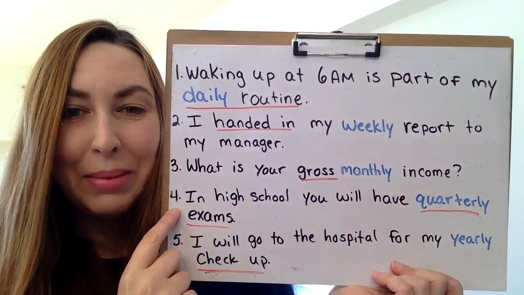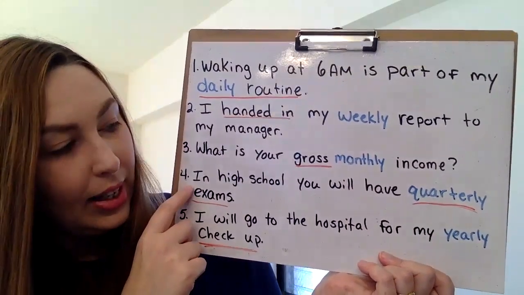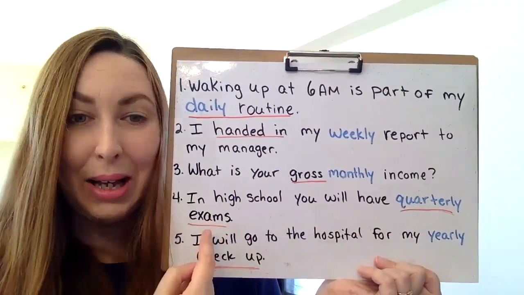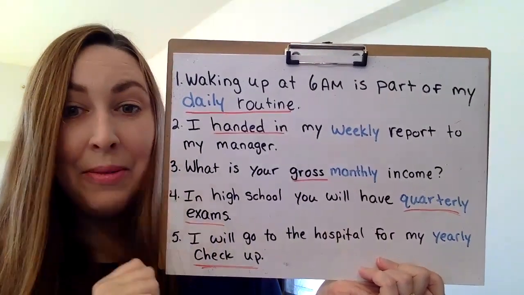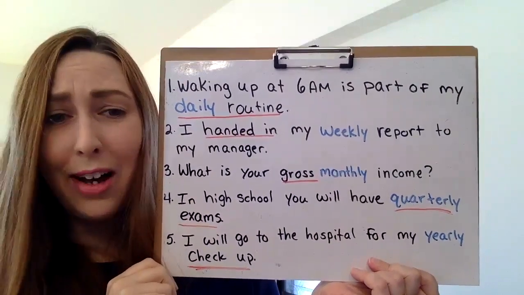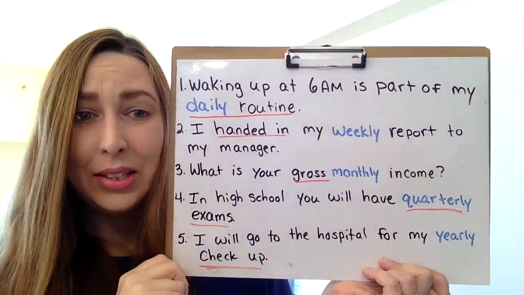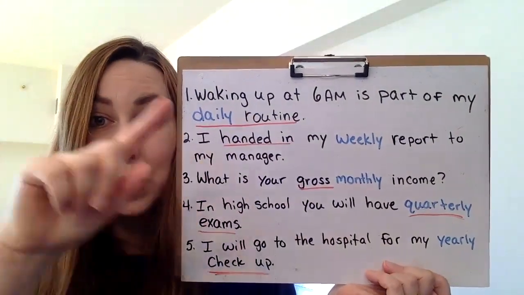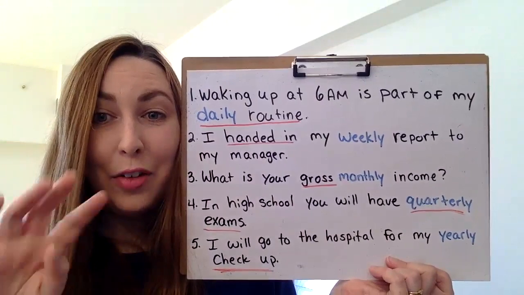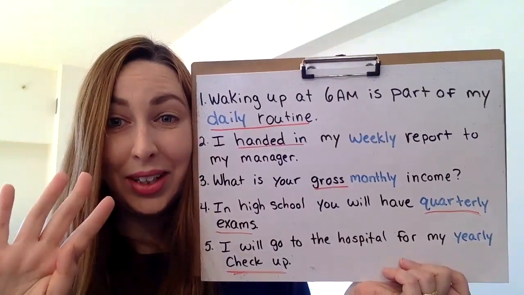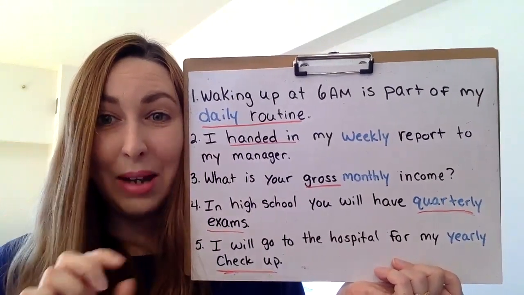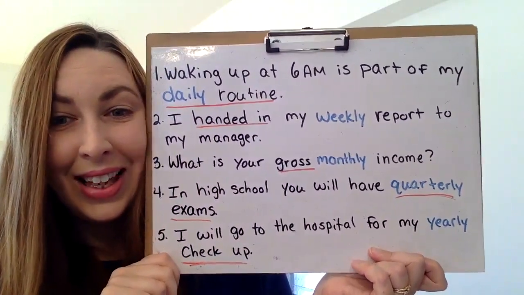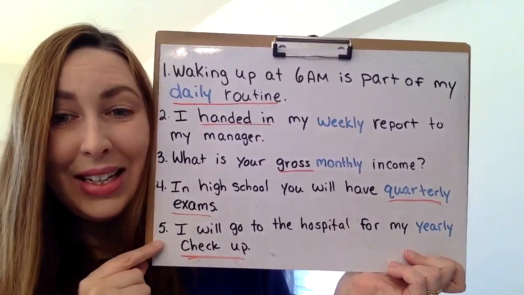Number four. In high school, you will have quarterly exams, okay? So quarterly exams means you have a school year, and then 4 times in the school year, you will have an exam. So every quarter, okay? And then number five,